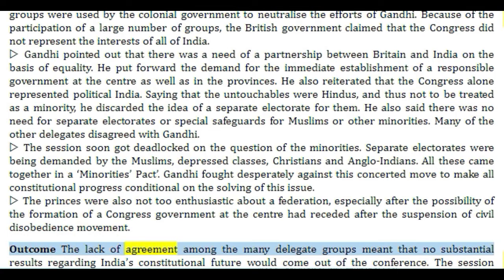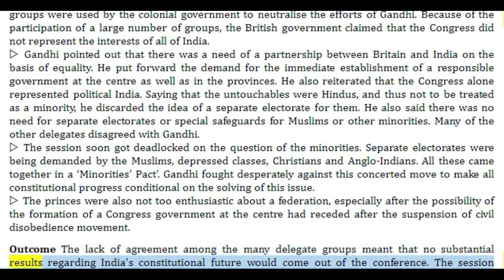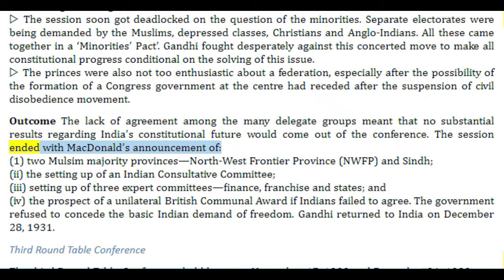Outcome: the lack of agreement among the many delegate groups meant that no substantial results regarding India's constitutional future would come out of the conference. The session ended with MacDonald's announcement of: 1. Two Muslim majority provinces, Northwest Frontier Province, NWFP, and Sindh;